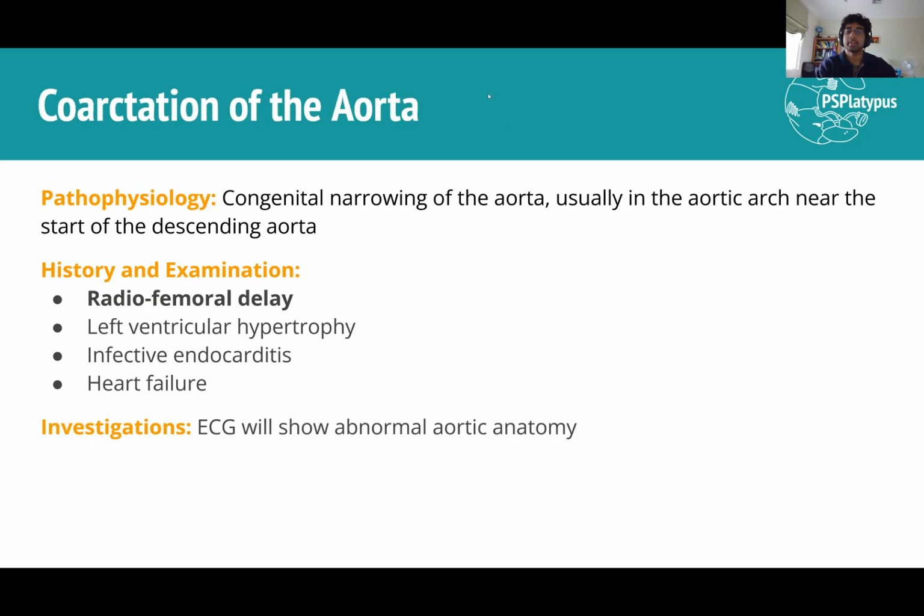Coarctation of the aorta. This one is generally a congenital disease. So usually we have the arch of the aorta and it gives off the brachiocephalic trunk. And then if you reach the start of the descending aorta, when it starts to go down, that's usually where we have a narrowing. And that is what contributes to our major symptom for this one, which is sign, actually, not symptom, which is radiofemoral delay. Okay, so when you take their pulse on their wrist and on their femur, you will feel the pulse first on the wrist